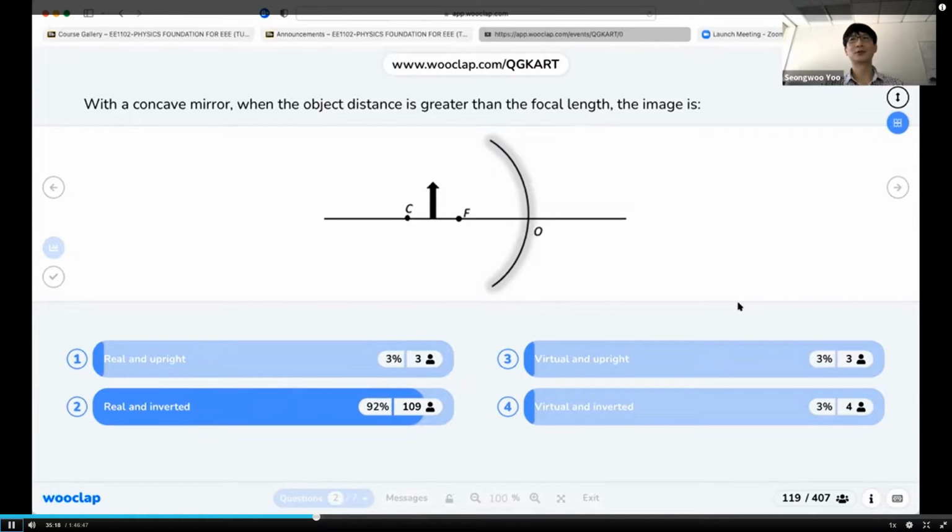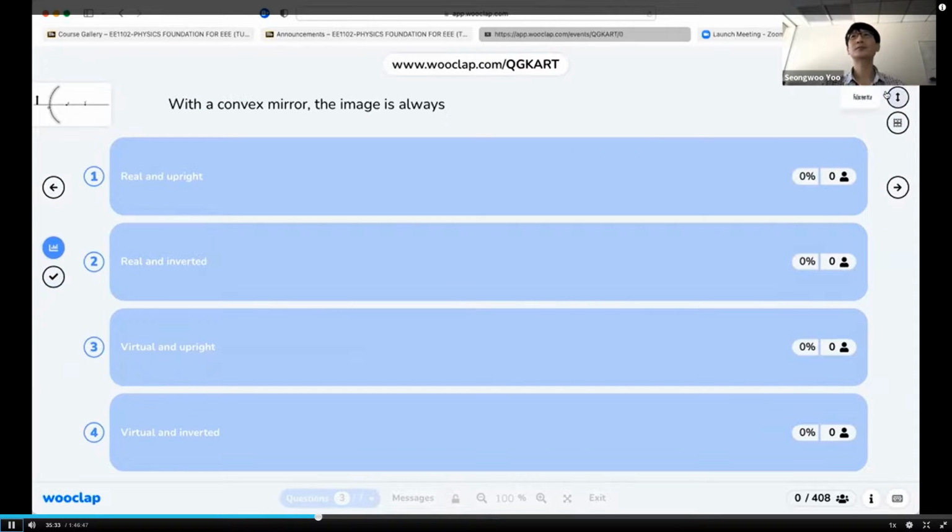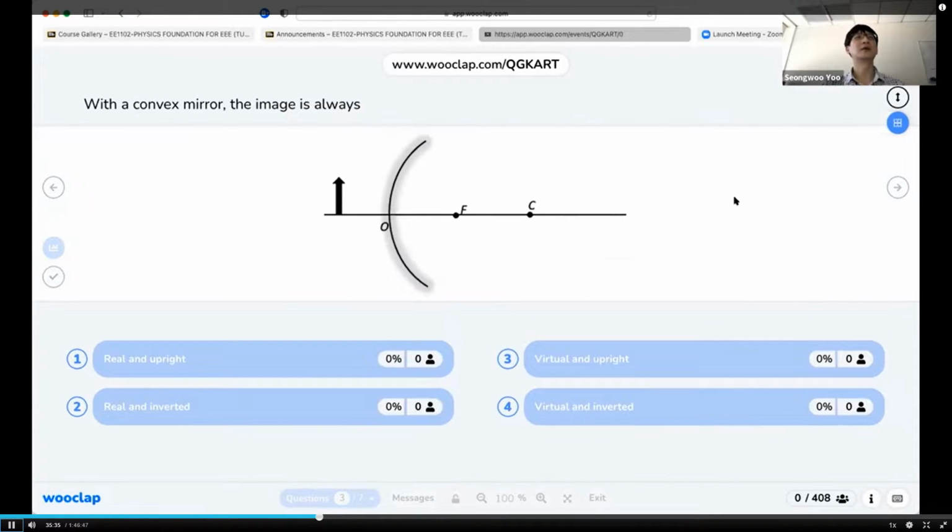All right, I'm going to close the board in 5, 4, 3, 2, 1. All right, the correct answer is real and then inverted. Very good. So let me move on to the next question. Yeah, with a convex mirror, the image always